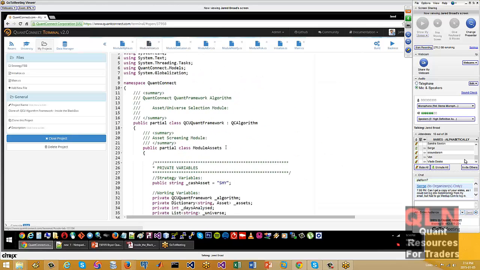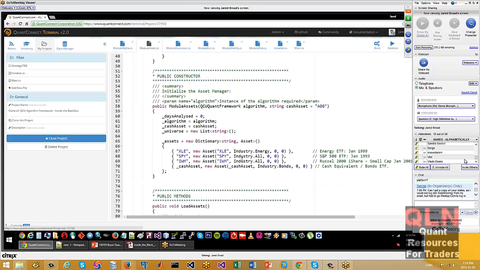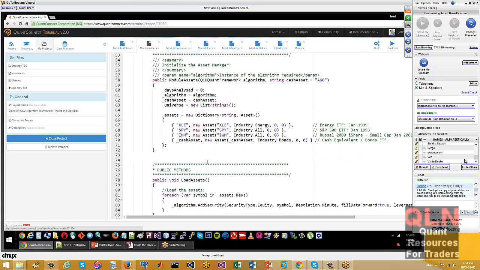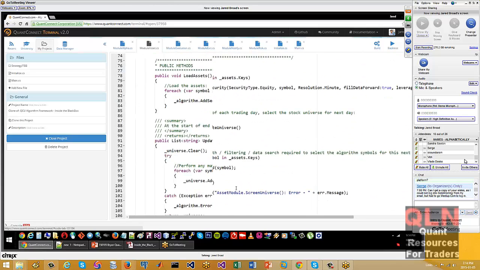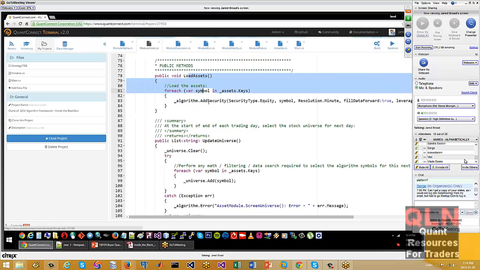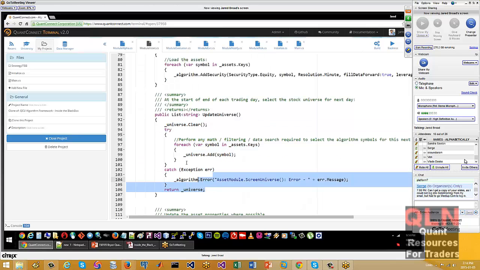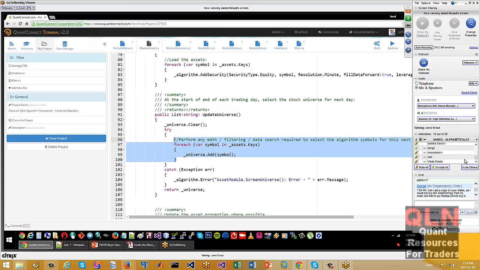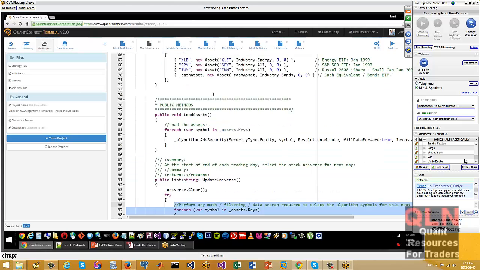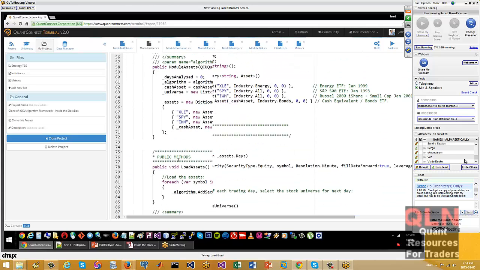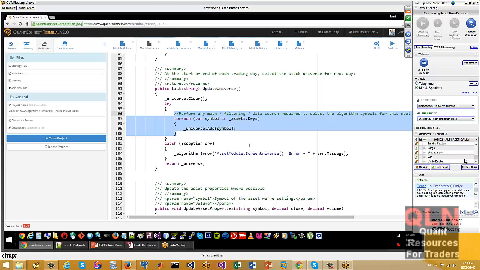All it's trying to do is get a universe of stocks and generate those stocks that we want for this day's trading. In this one, it doesn't do any filtering or universe selection at all. It just takes whatever the universe is that we have and returns it every single day, so that every day we're scanning the same universe of stocks.